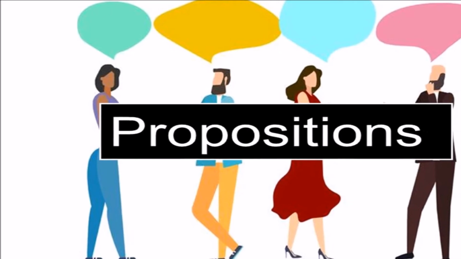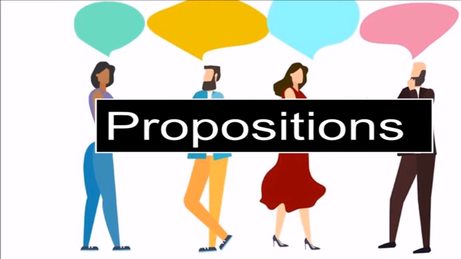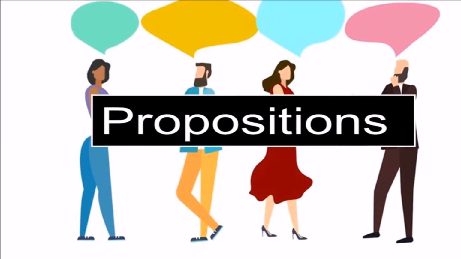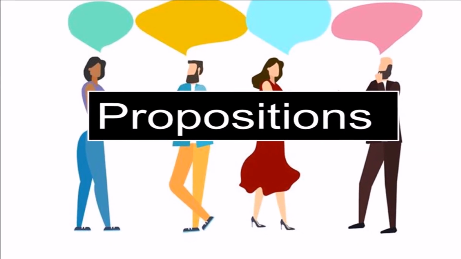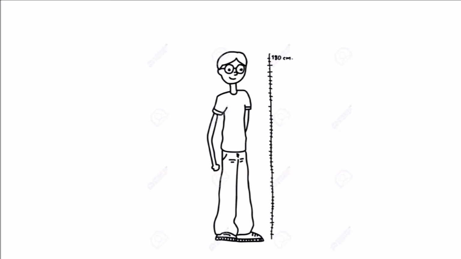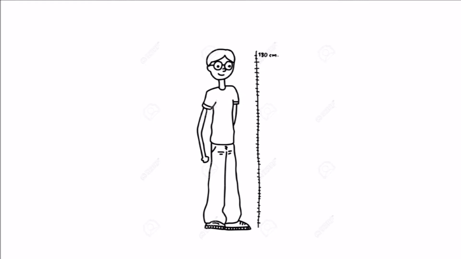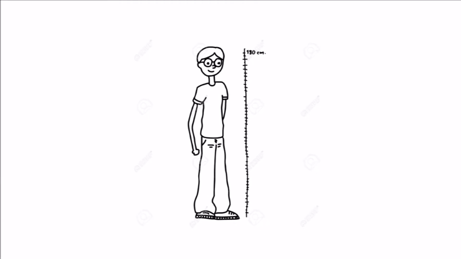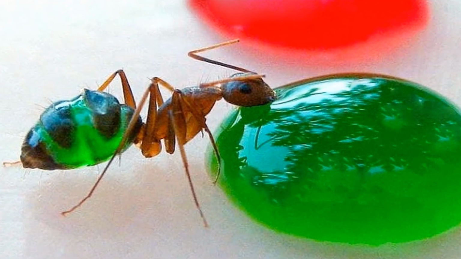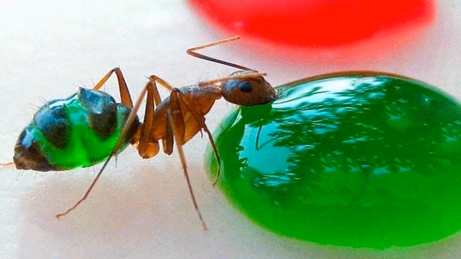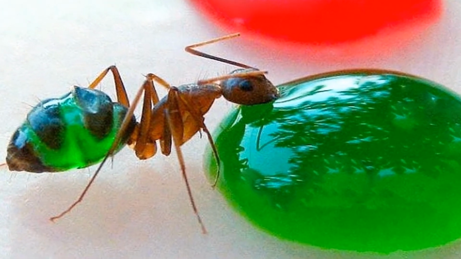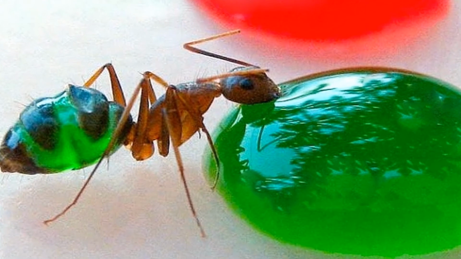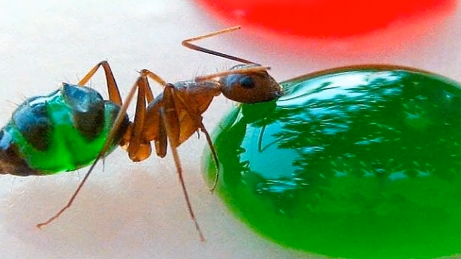Propositions. The proposition is the most basic unit of meaning in a representation. It is the smallest statement that can be judged either true or false. For example, Fred is tall, is a single proposition coded as a relation with two arguments: is, Fred, tall. Similarly, the ants ate the sweet jelly that was on the table, expresses four propositions. Furthermore, propositions are a means of specifying relationships between different concepts.